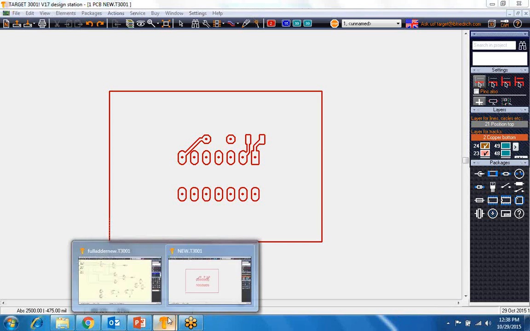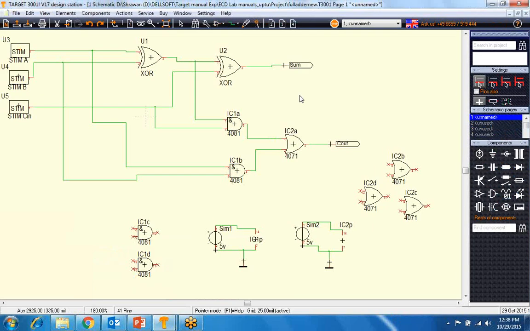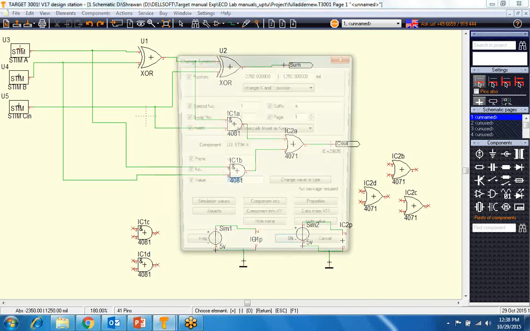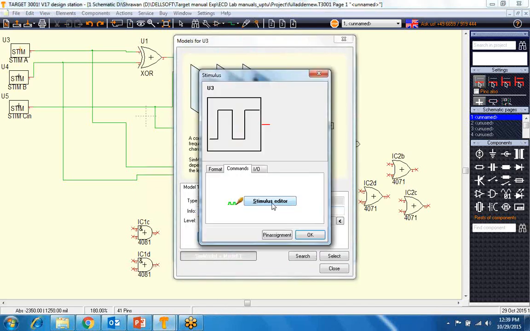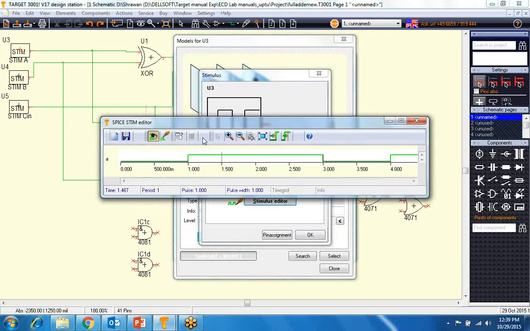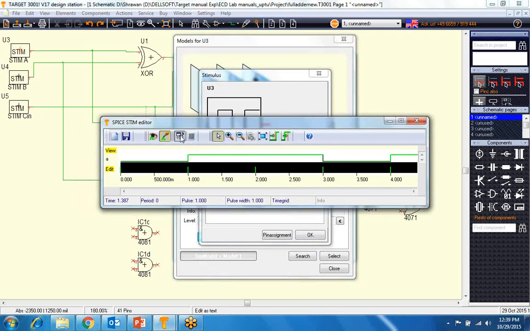I've just created a ready-made circuit for you, a full adder, for digital simulation of digital circuits. In digital, there is some procedure of giving the inputs. We have the stim circuits available, stimulators. When you click on stimulators, it will give you the option of editing those, the stimulus editor. So we can give the input from here.